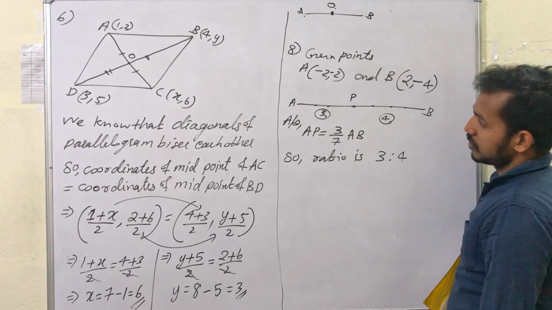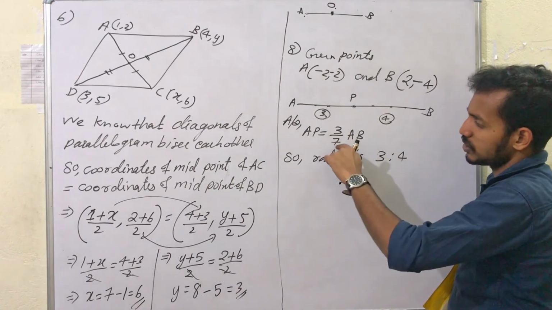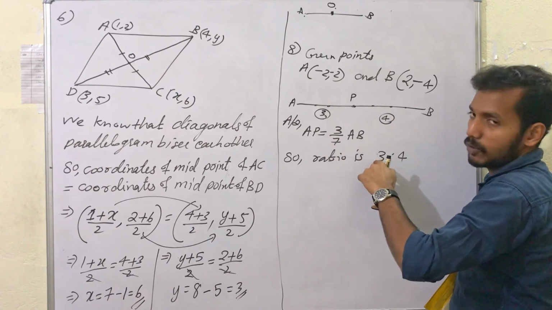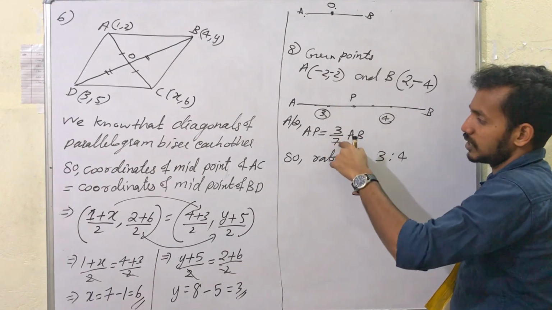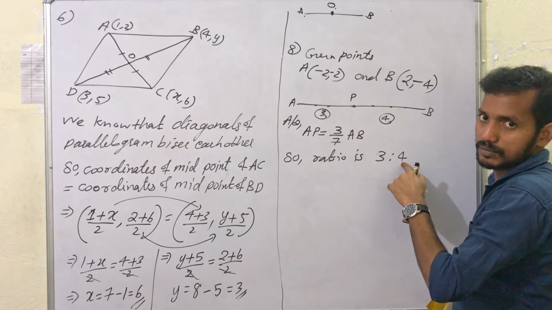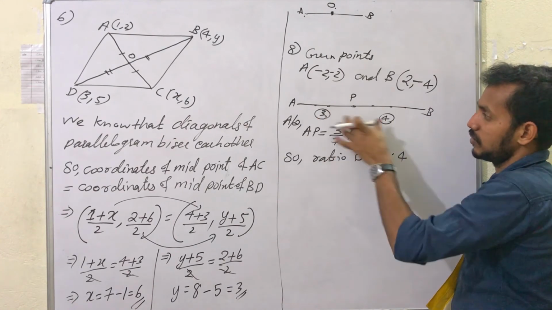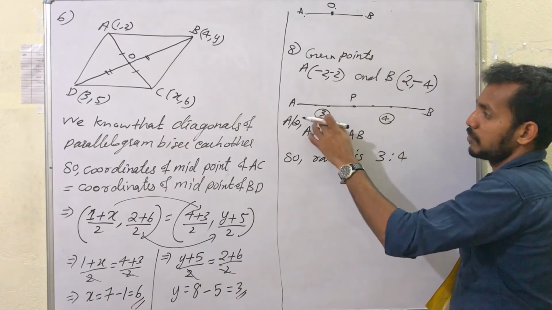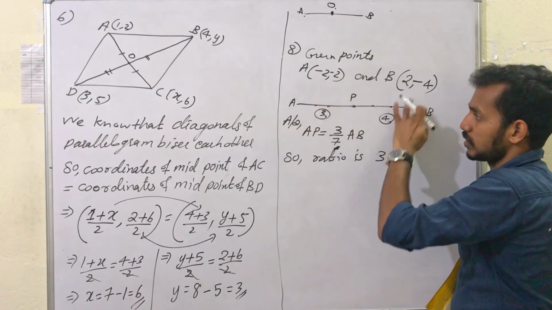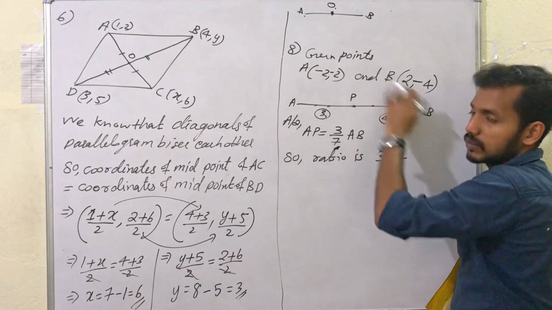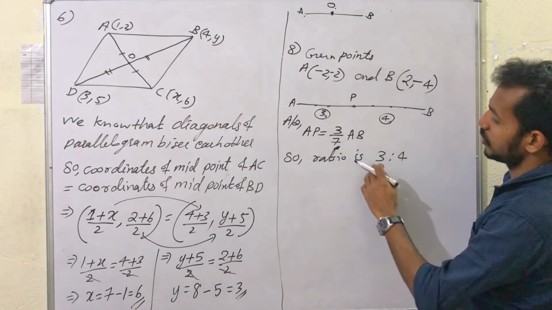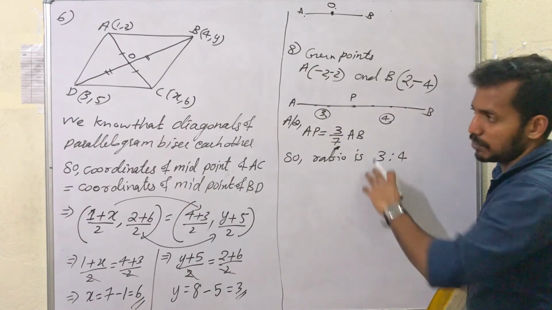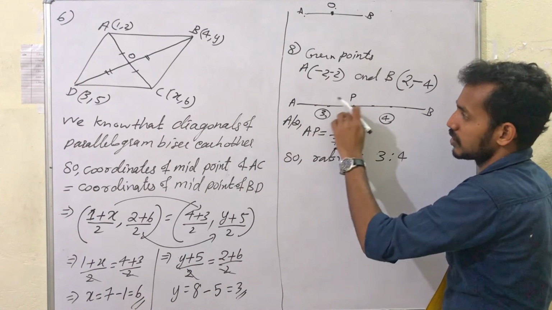So it's a very simple question. Ratio is not given directly, instead it is given indirectly. So just write the numerator as m1, the first part, and subtract this numerator from the denominator, you will get the second portion. So the ratio will be 3:4. So total will be 7. Clear? Whole part is 7. So this will be 3 of total 7, this will be 4 of total 7. Now you have the ratio and the coordinates x1, y1, x2, y2, so you can easily apply the section formula. You will get the coordinates of P.